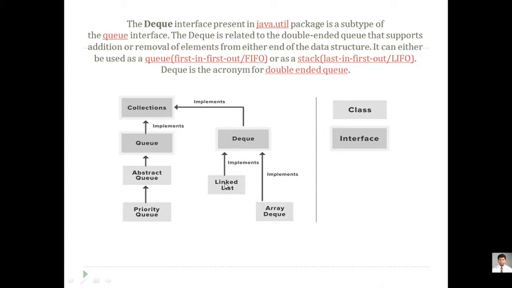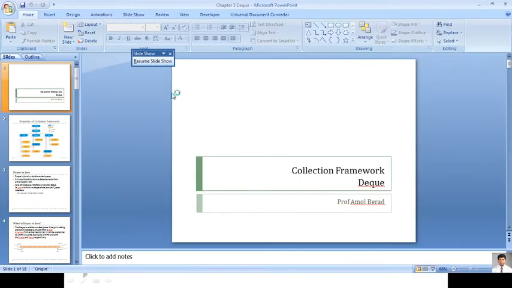Yesterday, the day before yesterday, we have seen that we are using a linked list for creating a Deque, a double-ended queue. You are using a linked list for creating a queue also. Same way, here there is a separate class called ArrayDeque. So this is ArrayDeque. You are here adding an array of double-ended queue, and it is a class. This is a class which is a child of this interface called Deque. So the features of Deque are being inherited into this ArrayDeque, and we will be using only this class for creating a double-ended queue. The name of the class is ArrayDeque.